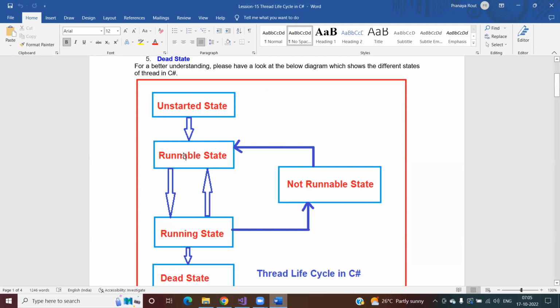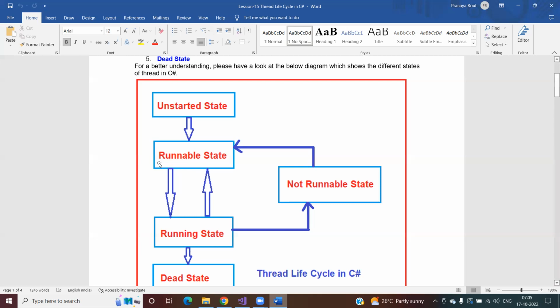Right? So in this case, this runnable state means you just call the start method. The thread is there in the ready queue, waiting to be picked by the thread scheduler, or you can say ready to run state, right? Once you call the start method, now the thread is ready to run. But when the thread is going to run will be decided by the operating system or thread scheduler,